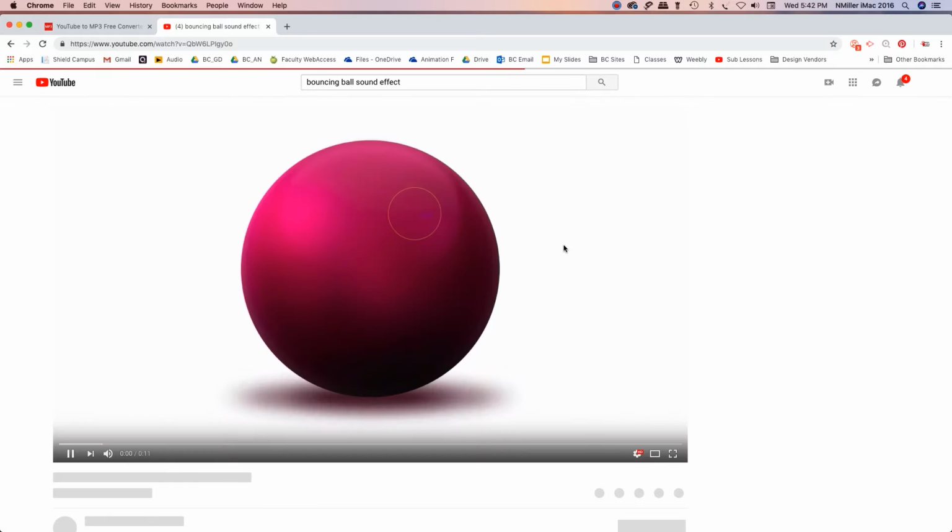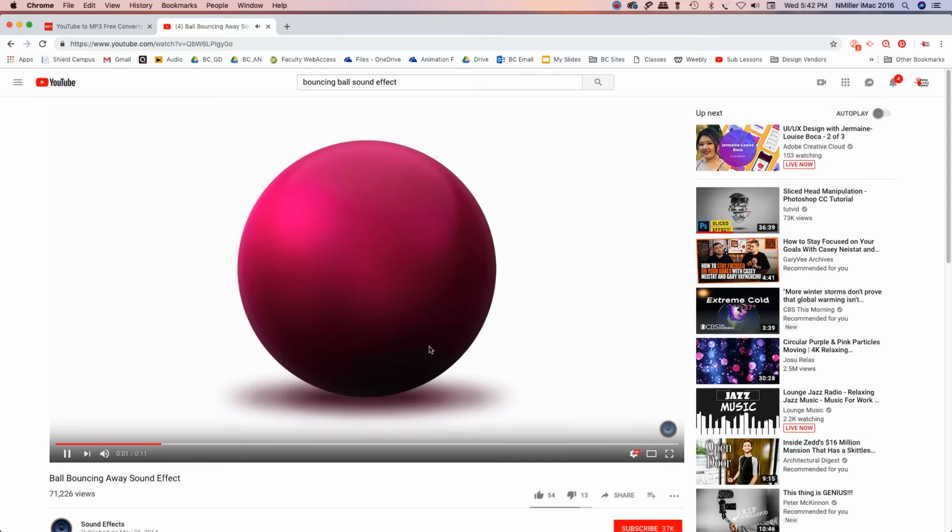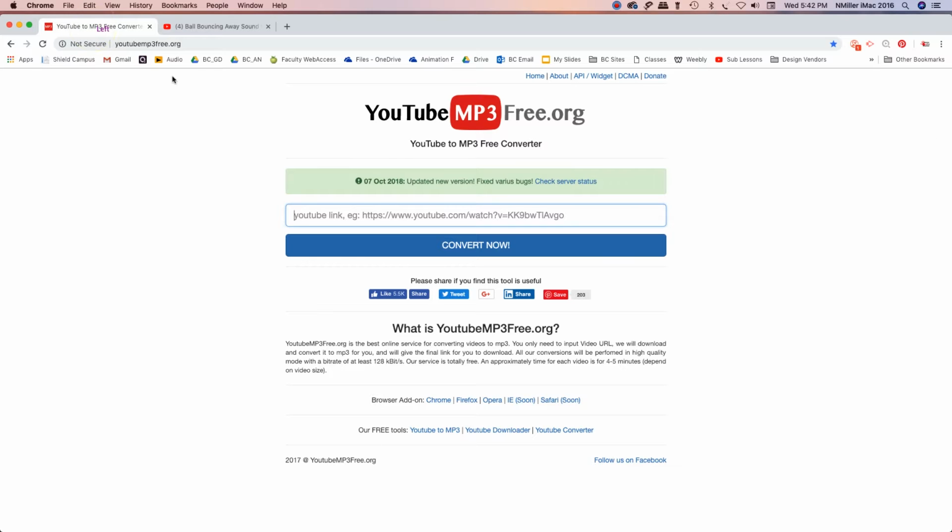So when I left click on this, I listen to it. It's not exactly what I want, but I'm just going to go with that for now. I'm going to pause that. Alright, in the URL right here, this is where you're going to left click and drag and highlight that and hit Control C. Once you do that, we're going to go to